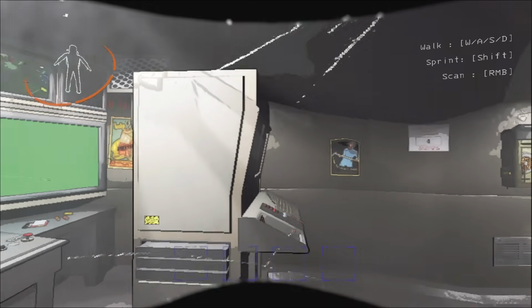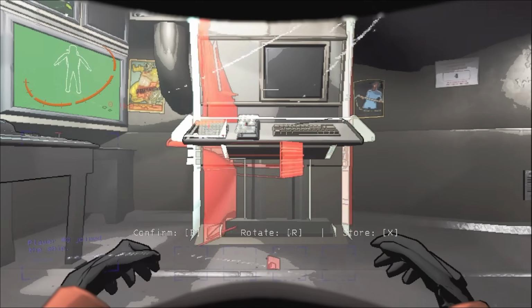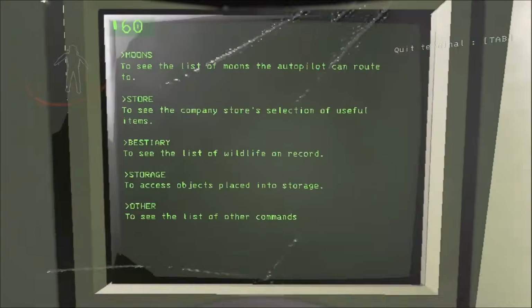Interacting with the terminal will change your character's orientation to that of the terminal itself. By combining this with Lethal Company's furniture organization, I can rotate the terminal a full 360 degrees. So that's that. I just need to face the lever and...